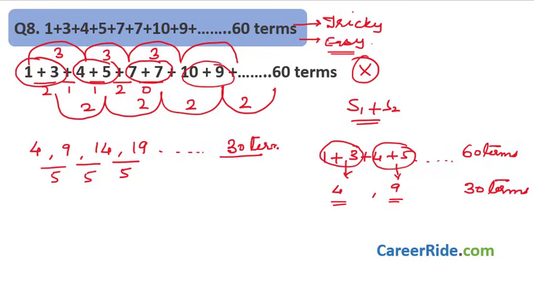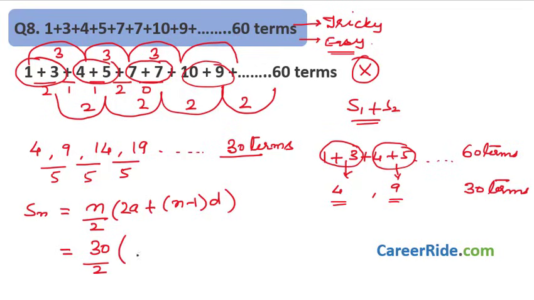I hope this is quite clear to you, and if it is not, just replay this part of the video and try to understand it, because this is very, very important. Now I know that the sum of n terms is equal to n by 2 into 2a plus n minus 1 into d. I know this formula already. What is the value of n here? It is 30 terms, 30 divided by 2, 2a, a is 4 here, so it becomes 8 plus